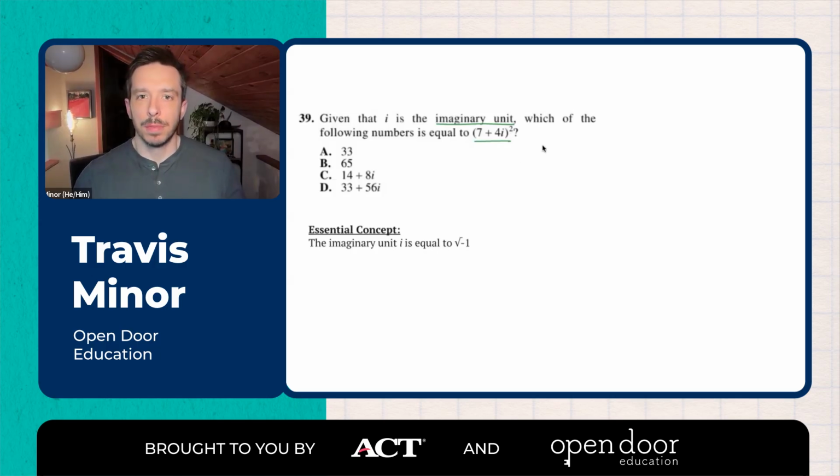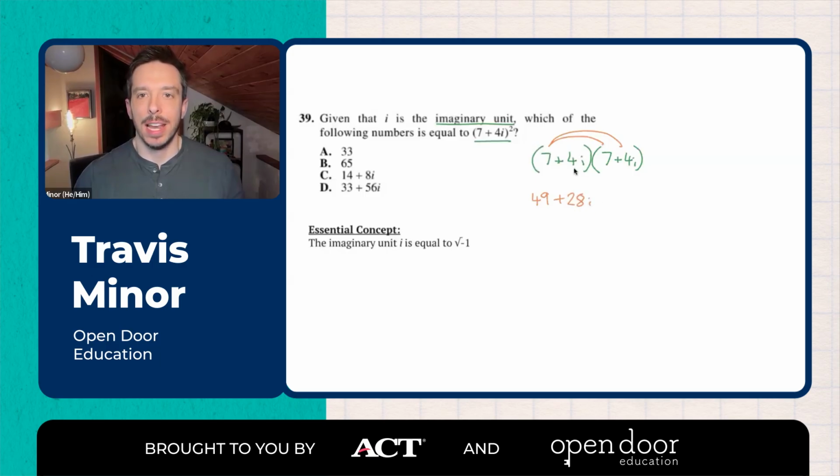So as always, if we're going to solve by FOILing a binomial, we should write out the full multiplication that we'll need to do here: (7 + 4i) times (7 + 4i). Then we're going to FOIL. So first we'll do 7 times 7, and we'll get 49. Then we'll do our outside numbers, 7 times 4i, and that's going to give us